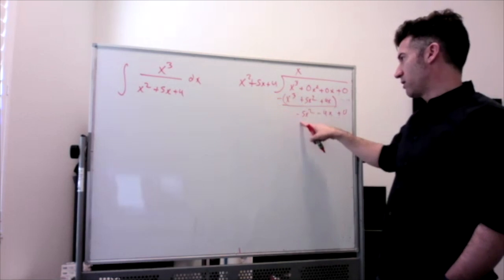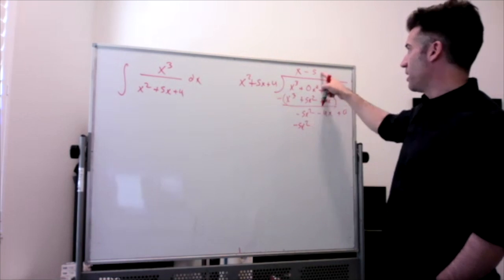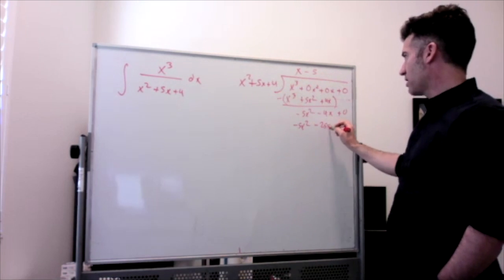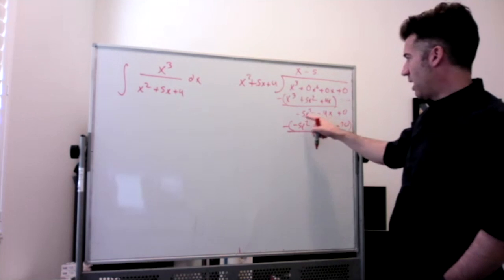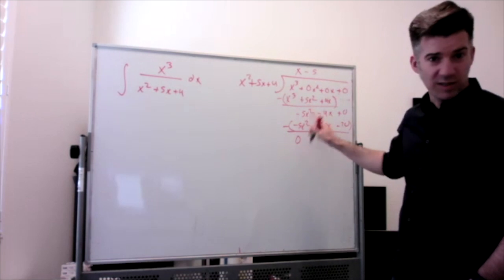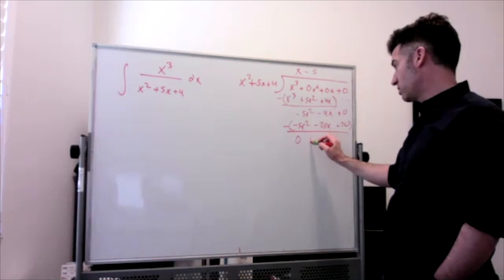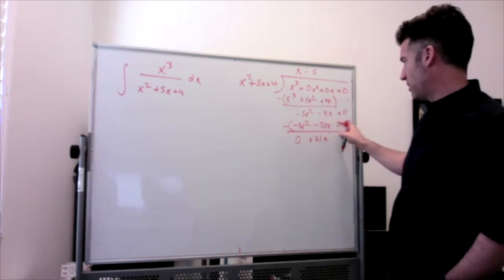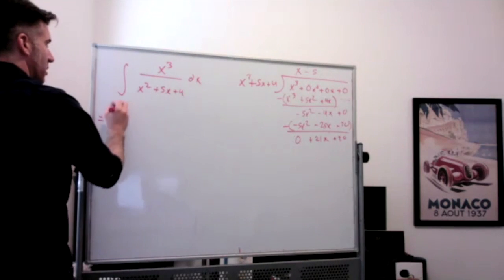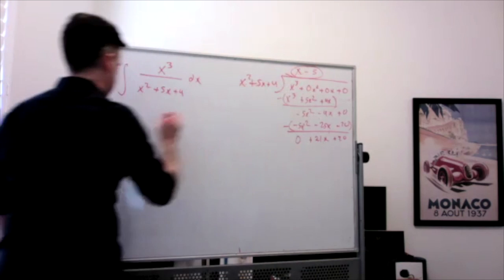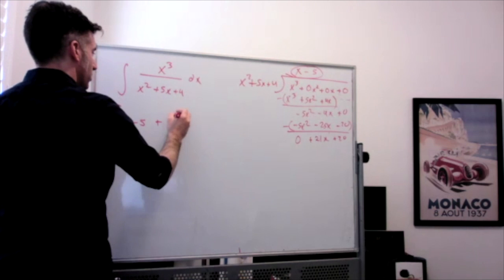So we multiply by x squared to get negative 5x squared, so negative 5. Negative 5 times x squared is negative 5x squared. Negative 5 times 5 is negative 25x. And negative 5 times 4 is minus 20. Subtracting, the first thing to always subtract is 0. Negative 4x minus negative 25x is 21x. And 0 minus negative 20 is plus 20. So this integral becomes the integral of your quotient x minus 5, which will be easy, plus your remainder 21x plus 20